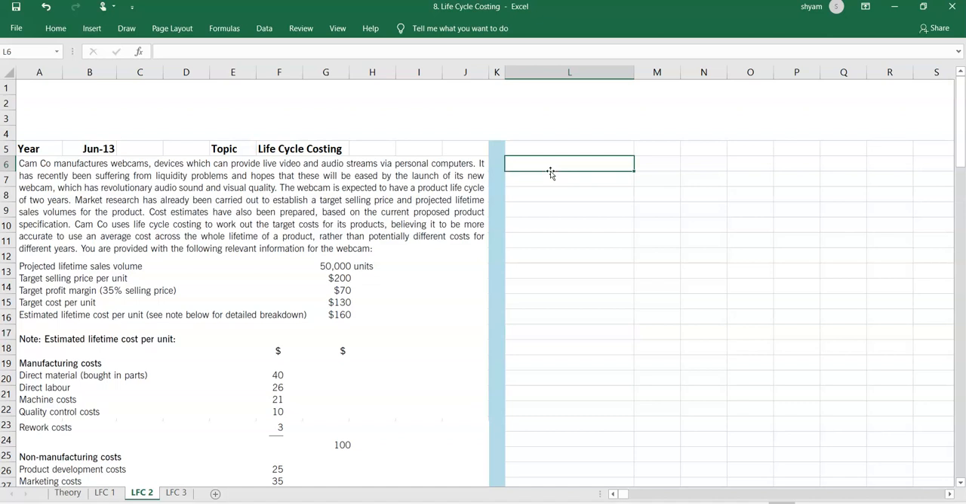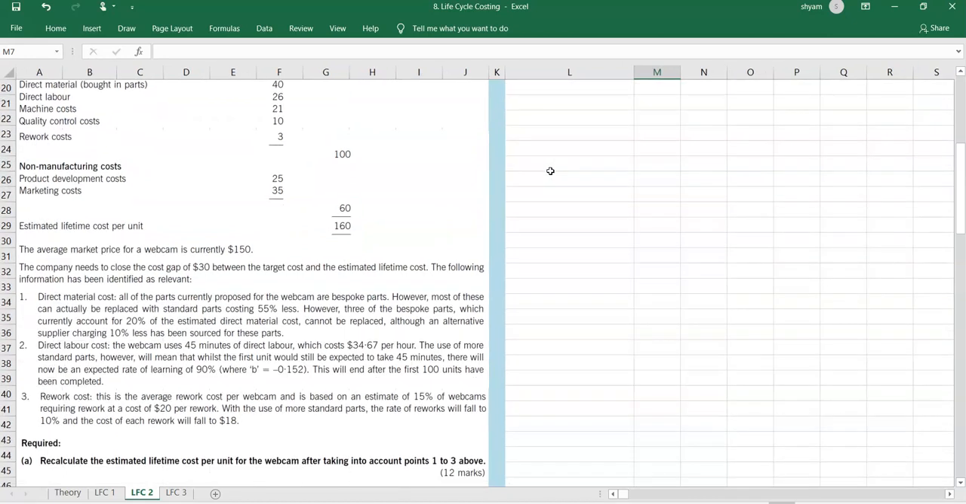So it's going to be particulars, then we'll do some calculation, then we'll find out the amount. So it is going to be direct. So we'll start from direct material. So they say